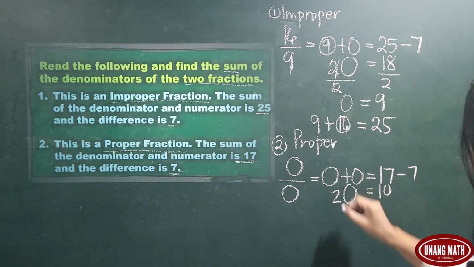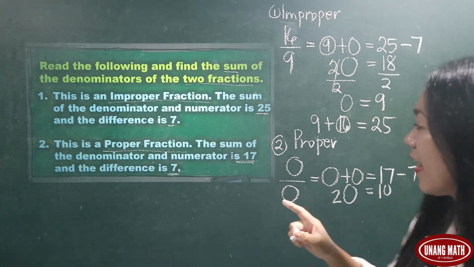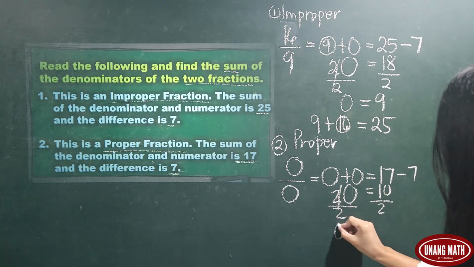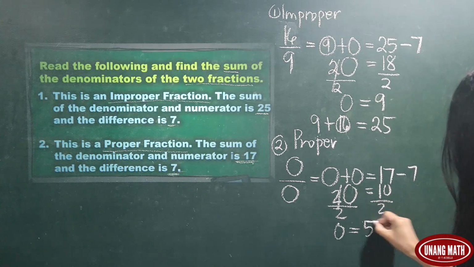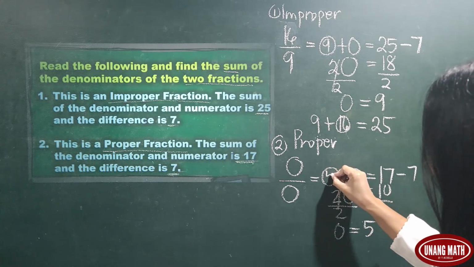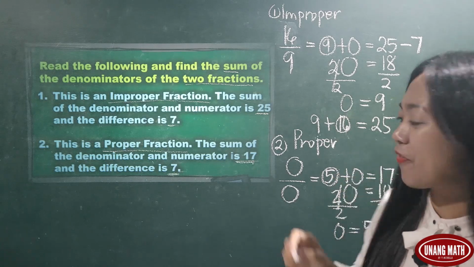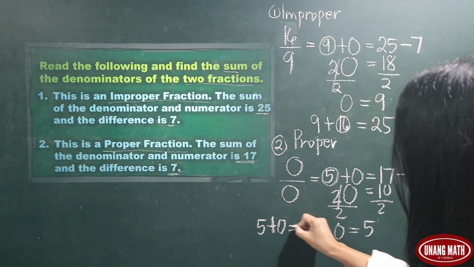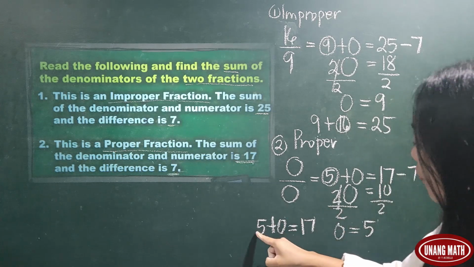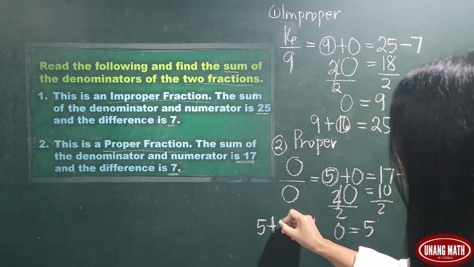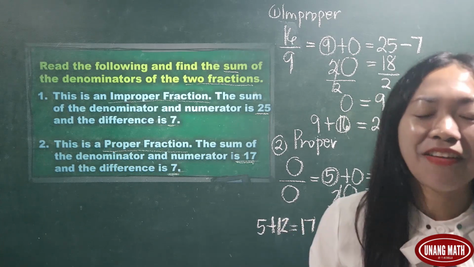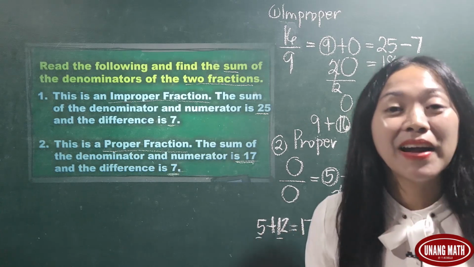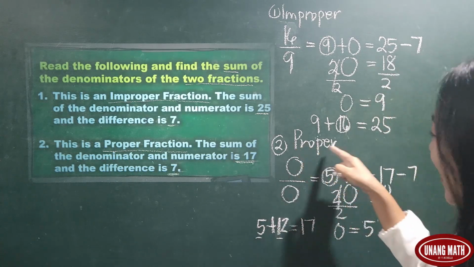Okay, 2 circles. So, para malaman ang value ng circle, divide both sides by 2. So, circle is equal to 5. Okay, now, alam na natin ang value ng isang circle dito ay 5. Okay, so kunin natin 5. Okay, plus what number? Ang sagot ay 17. So, 5 plus 12, the answer is 17. Okay, ngayon, alam na natin na 5 at 12 ang mga numbers para makakreate ng isang